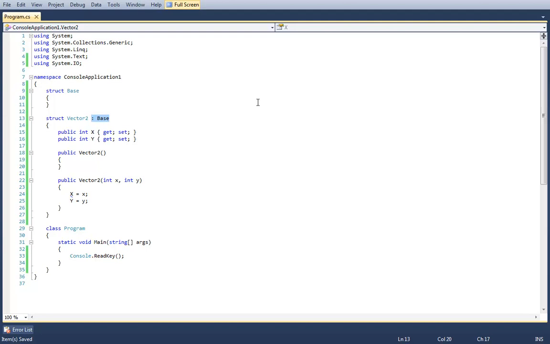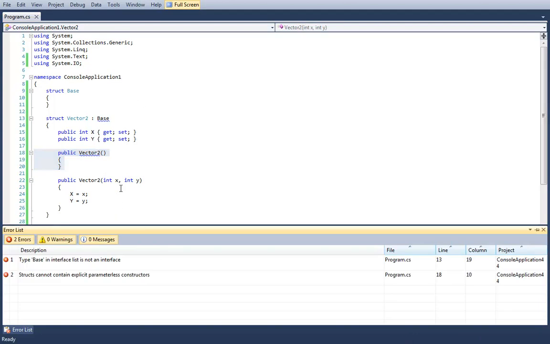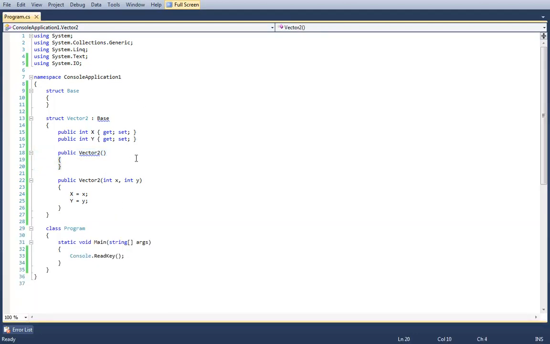You can implement interfaces with structures, but we'll talk about that later because that leads into a discussion about boxing. Second of all, you cannot define a default constructor for a struct.